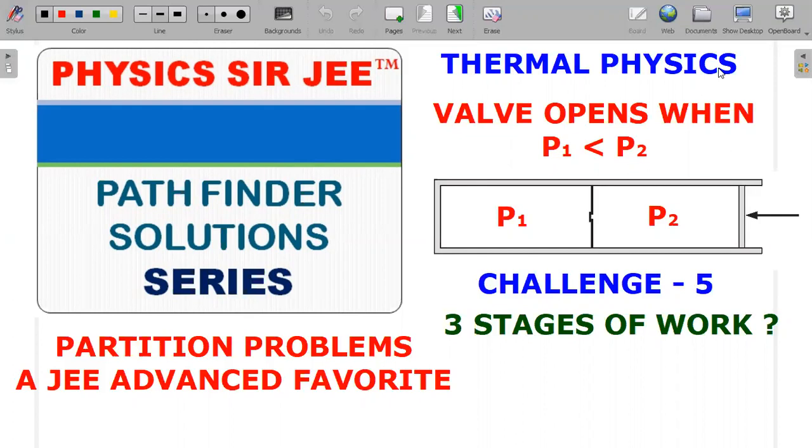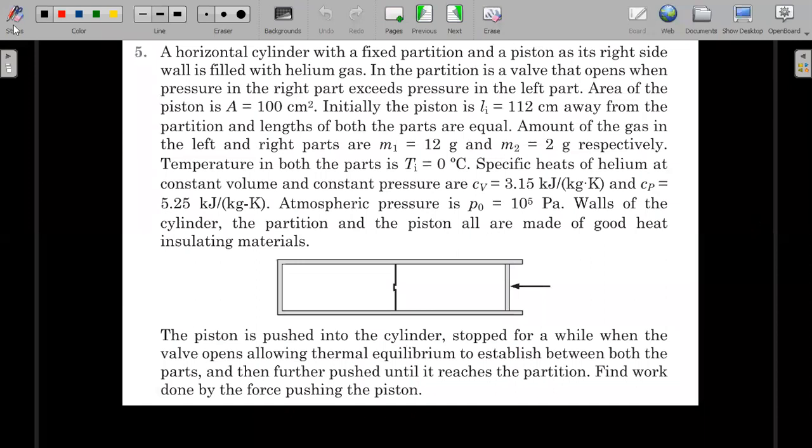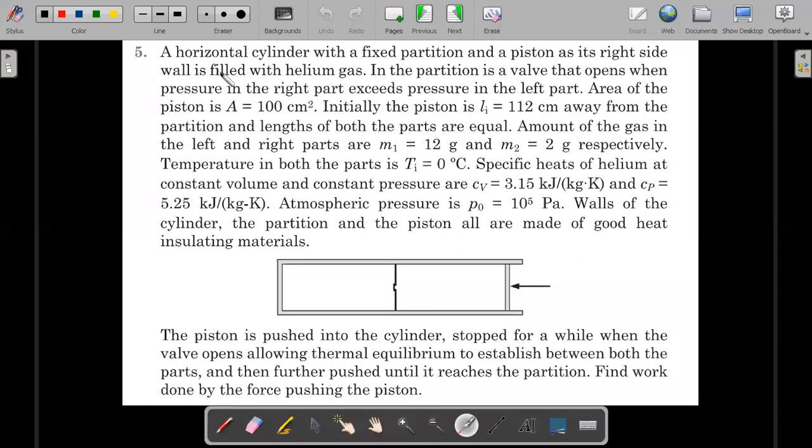So without much further ado, with that kind of a hype, let's move ahead with the problem statement of the question. If you want to give it a try, please do it, and it will take at least 15 minutes for you to solve this particular question. But once you solve it, there are different stages of this question. You will definitely feel satisfied, and most of your concepts associated with partition based problems, at least 50 to 60% of them, would be clarified. So let's move ahead.